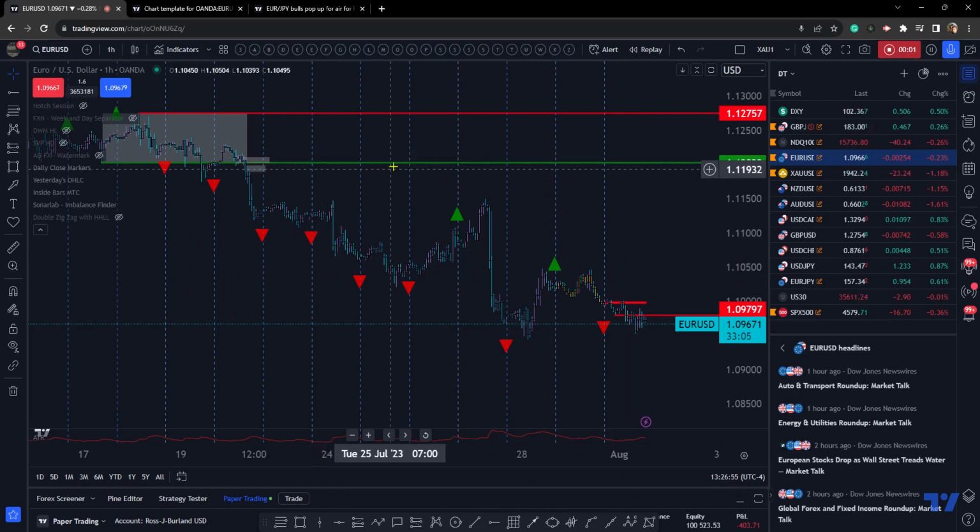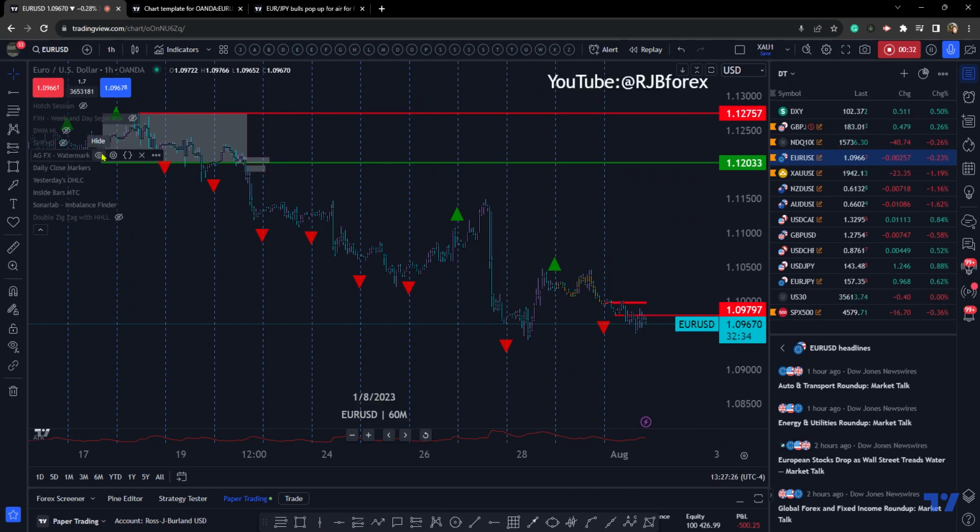Okay, so part two of the chart template that I use for tracking the flow of the market, the build-up of flow, and to help me pinpoint the higher probability trading opportunities in terms of a directional bias. We've worked our way through to the daily close markers, and now we're going to talk about